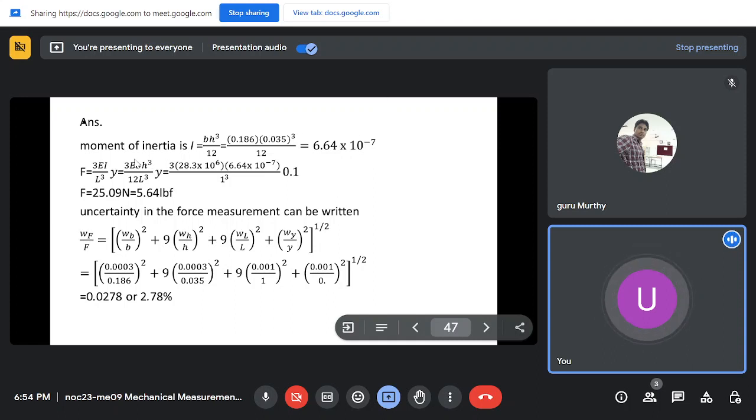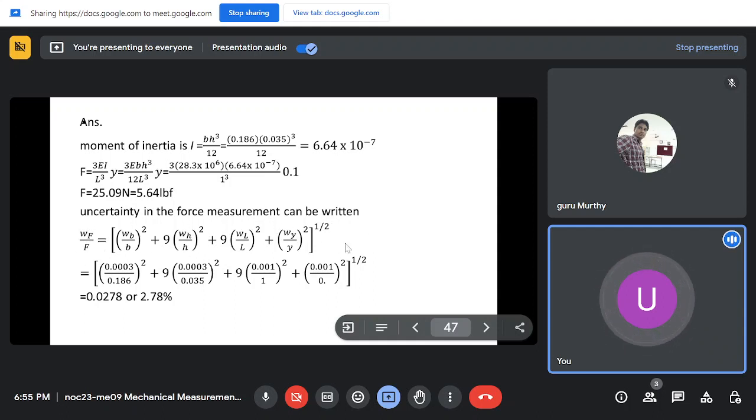So we substitute in the force relation, and we know E, we know the I value, we also know the length. On substituting we get force as 25.09 Newton or 5.65 pounds. So uncertainty in the force measurement can be written as